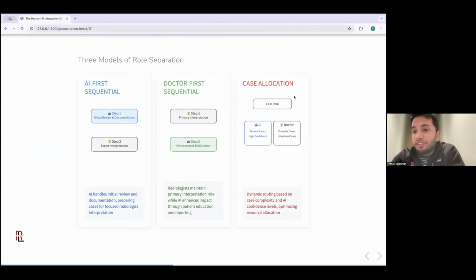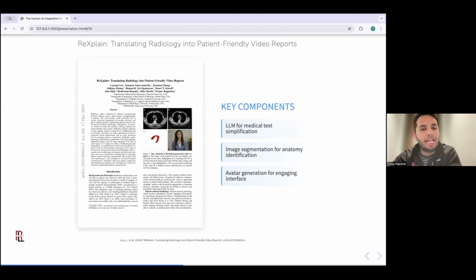So with the AI-first sequential, I shared an approach, and I also shared some evidence saying we're not ready for this approach given the current data and the scenario which we looked at. I want to share an example from our group of the second of these role separation strategies, which is the doctor-first sequential aspect.